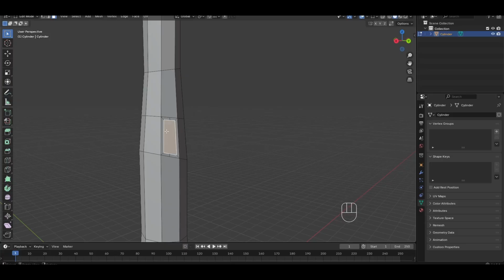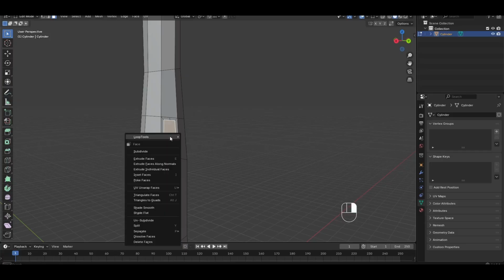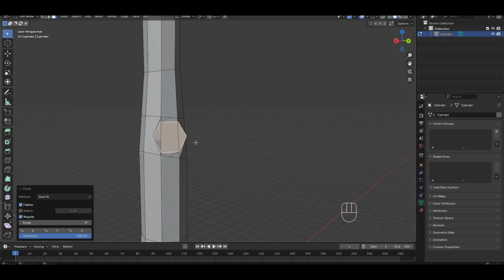I will select this face, right click. I have this add-on, Loop Tools. If you do not have it, install it in add-ons. This is a must-have add-on for Blender. And with Loop Tools I will go Circle. You see now we have our branch, but you need to fix this angle